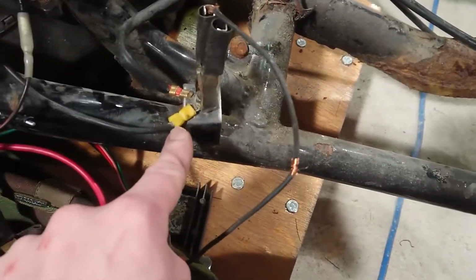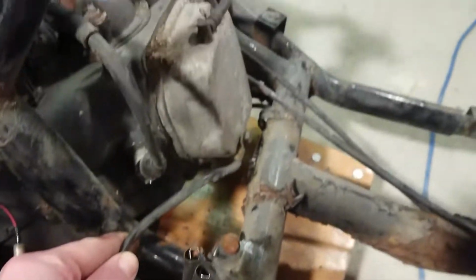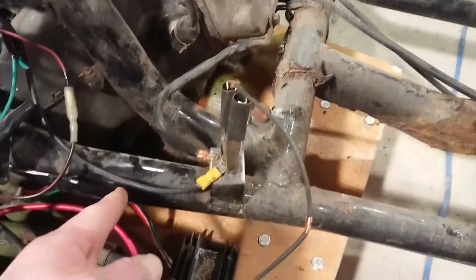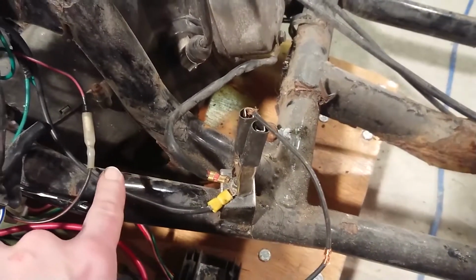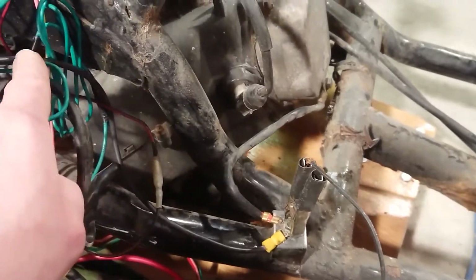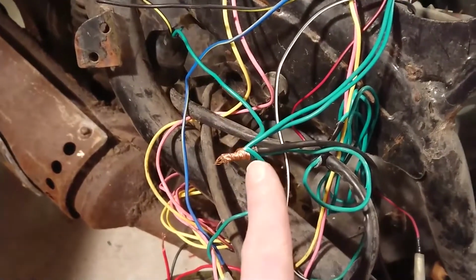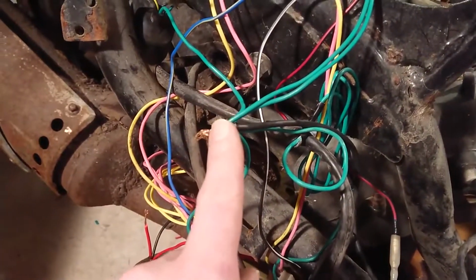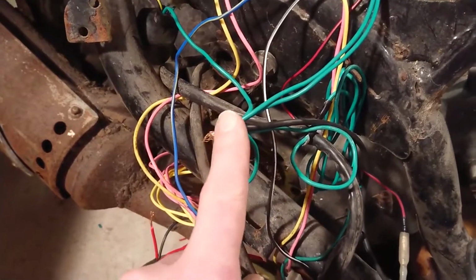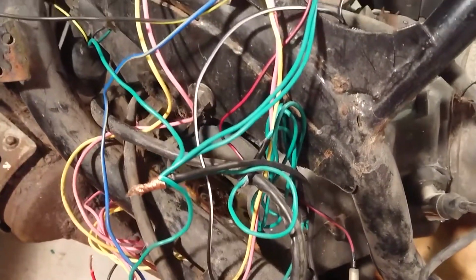On the other side of the battery we've got this crocodile clip with this twisted bit of wire together there, which is connected to the chassis, which is the earth of the chassis. The other side of this is we've got an earth cable which runs here to the engine. We also have the earth here, which is this thick black cable, which isn't the one I'll use. It'll be green when I've finished. This runs up to this massive bunch of twisted together cabling. This earths the coil, the CDI unit has 2, the magneto,